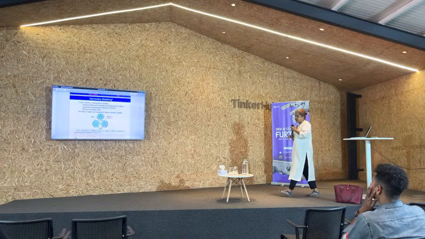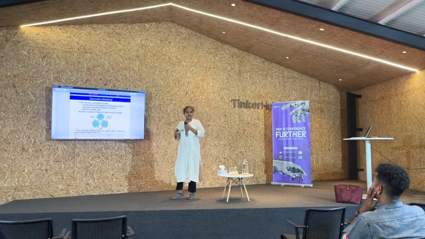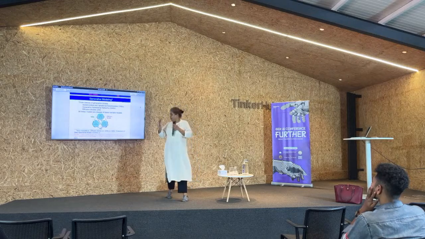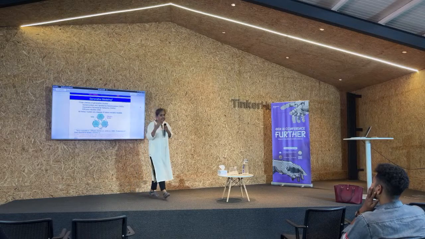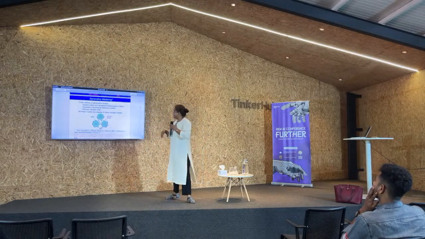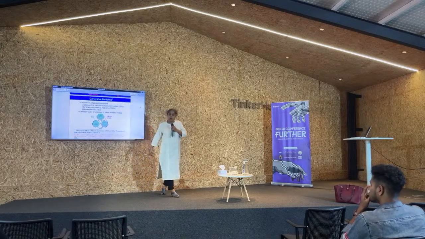So basically, there are three classes of generative models. That's the history of how all these classes came about. First came autoencoders, then you have your variational autoencoders, then you have your GANs, generative adversarial networks, then you have your diffusion models.